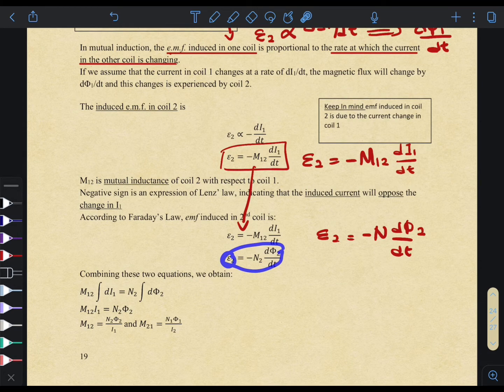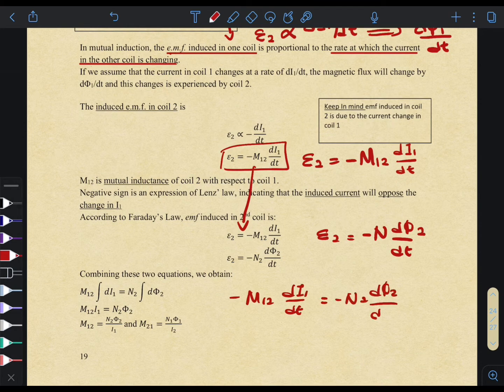So EMF yang kita induce dekat coil kedua sebenarnya directly proportional to the change in the flux in the coil kedua juga. Okay, since both adalah equation for EMF induced in second coil, satu kita relate dengan equation of mutual inductance, satu lagi kita relate dengan Faraday's law. So when you combine these two equation, kita akan equate negative M12 di1 over dt sama dengan negative N2 d flux 2 over dt. You cancel the N, kita akan dapat